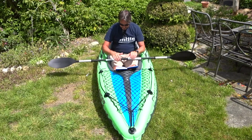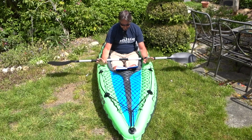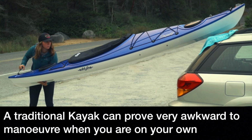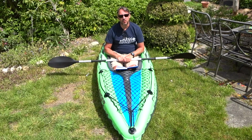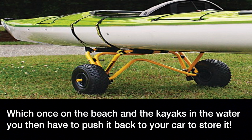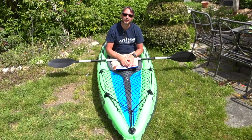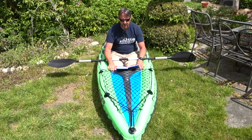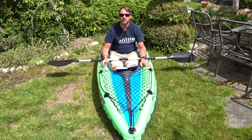Number 3 is weight. You see people down at the beach with inflatable resin kayaks, and the car's parked in the car park quite a ways away, and the way that they get them across the beach and up the path is usually by one of these little boat dollies. It's like a hawk with 2 wheels at the side of it, and take those up and drag the kayak up onto the beach. Great if you've got 2 people, but my kayaking is I'm usually on my own, so